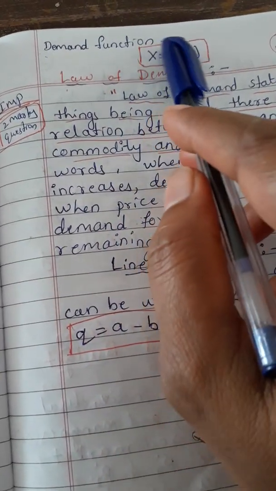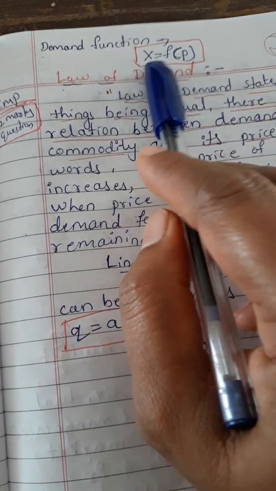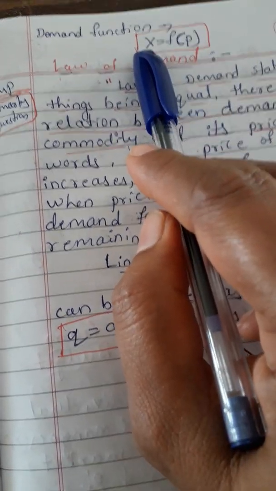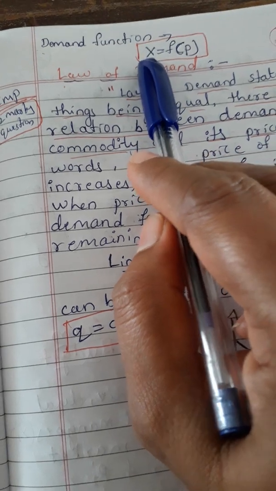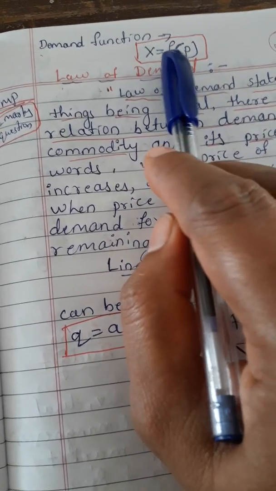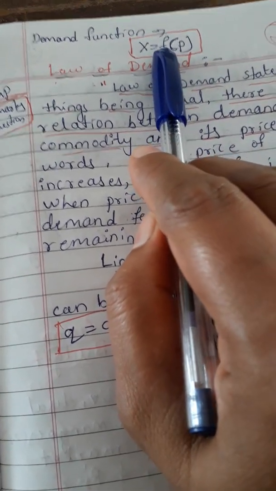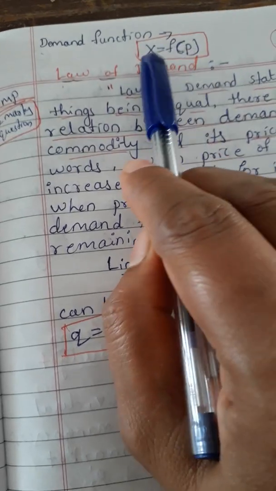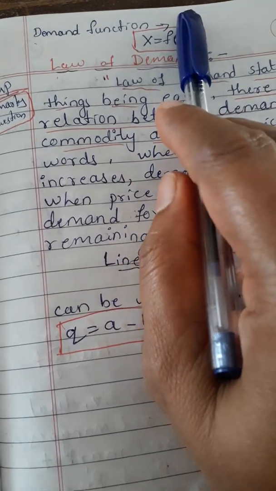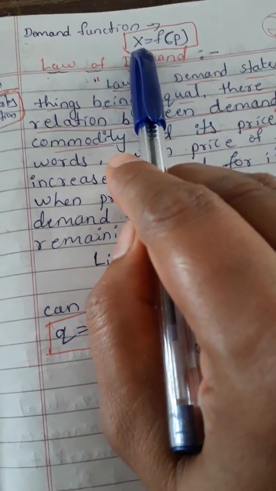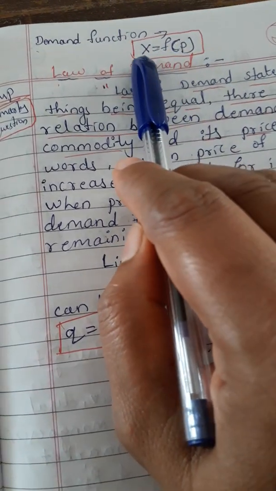It means the relationship between x and p is always negative. Quantity of a good we call x, and p means price. This is the function. Function means the relationship between price and quantity. When the price increases, quantity demanded decreases. When the price decreases, quantity demanded